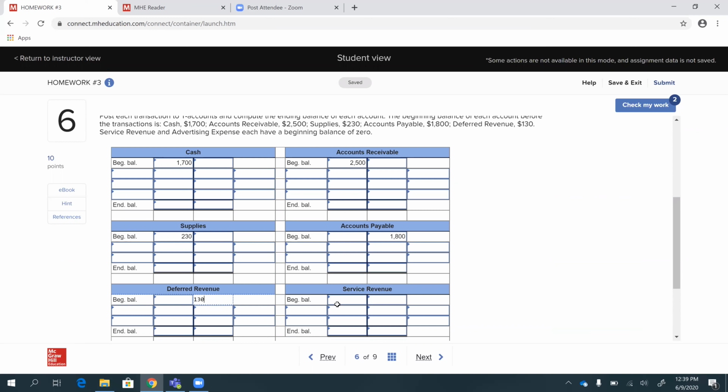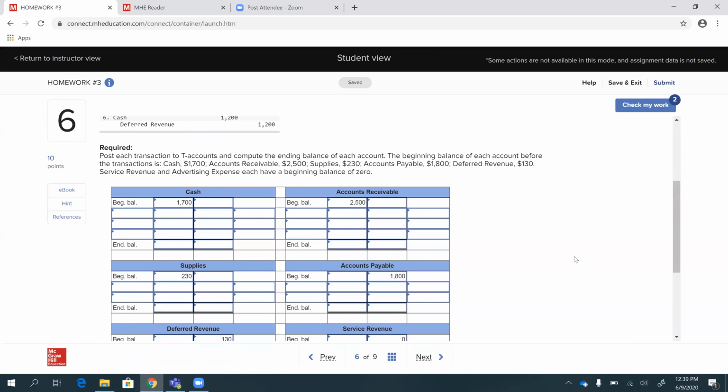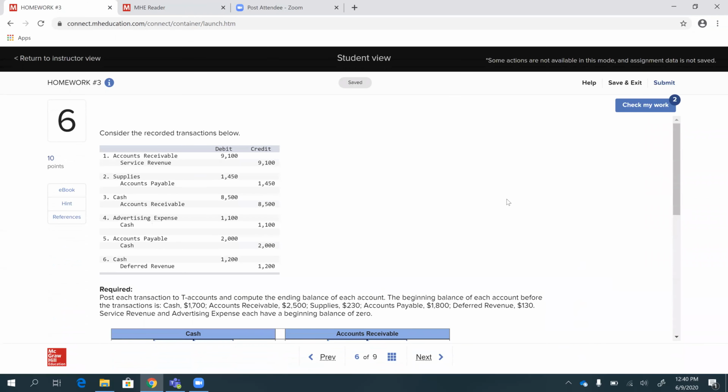Service revenue, it tells you, has a beginning balance of 0. Remember, revenues have normal balances of credits. So we want to make sure that we put the beginning balance of 0 on the credit side. And then expenses have normal balances of debits. So beginning balance of 0 on the debit side. Now that you have recorded all the beginning balances, go back up to the transactions and post these transactions to